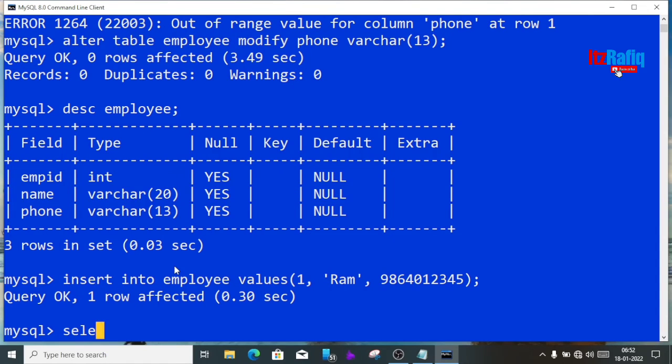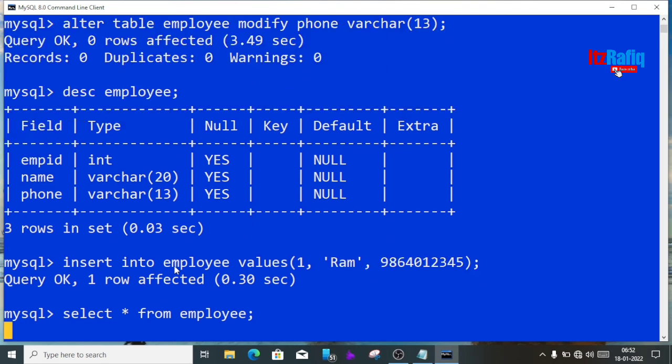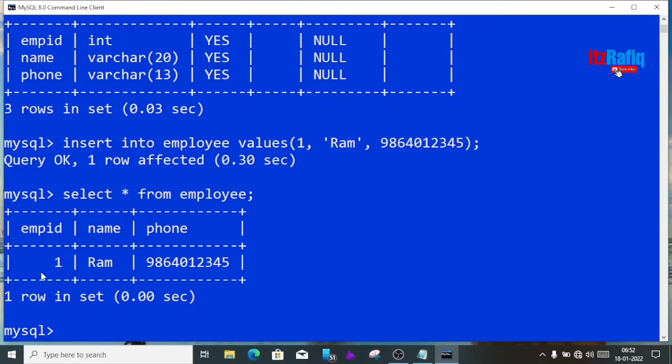Select star from employee. So you can see this record has entered in the table, and this phone number is a string, not an integer. That's why always remember, while you are creating a table, select the phone number field as string or varchar, not as integer.